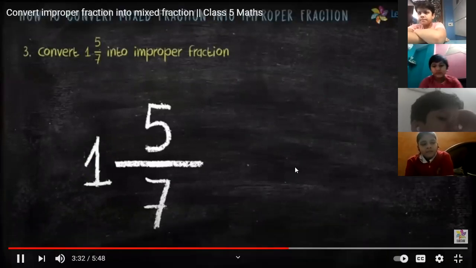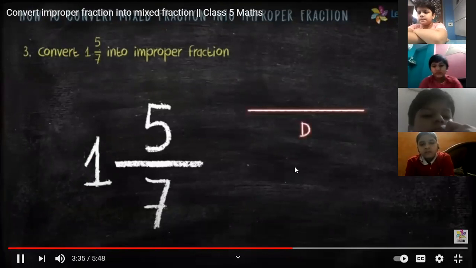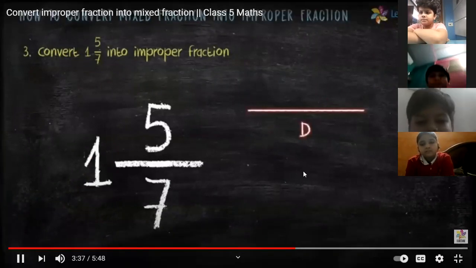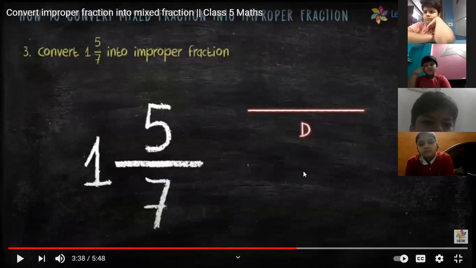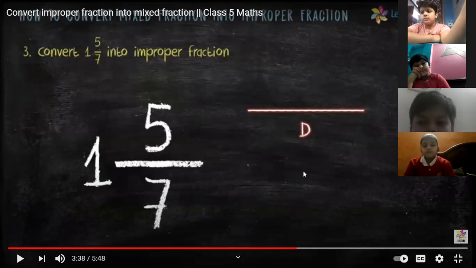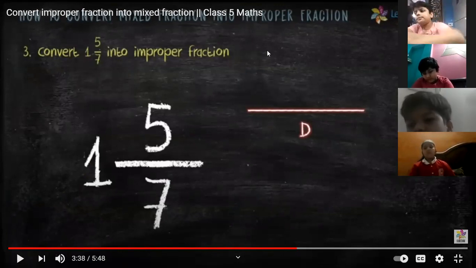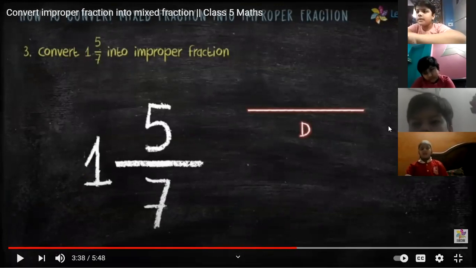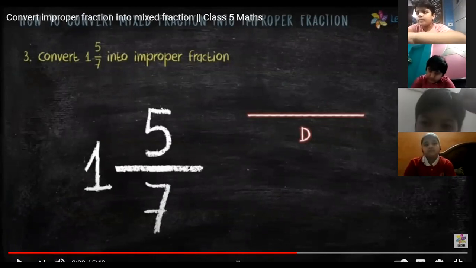Students, I just told you that denominators of both these fractions always remain same. So beta, it must be clear to you all that the denominator must be equal. In the previous example also, whether we are converting an improper fraction into a mixed fraction, both the denominators will be same. And whether we are converting the mixed fraction into the improper fraction, your denominators will still be same. Is it clear? Yes, ma'am, denominators must be same.